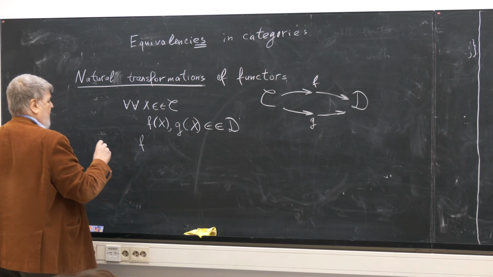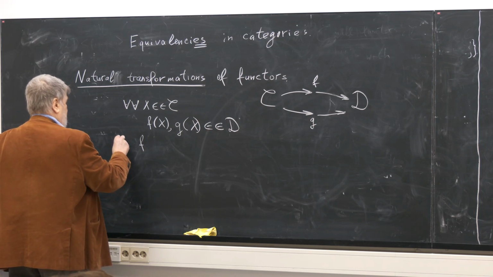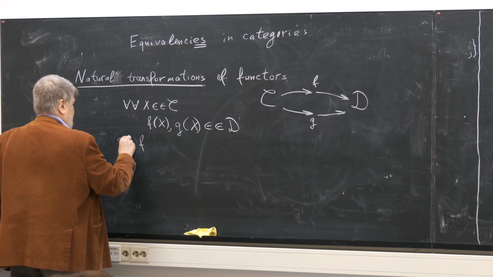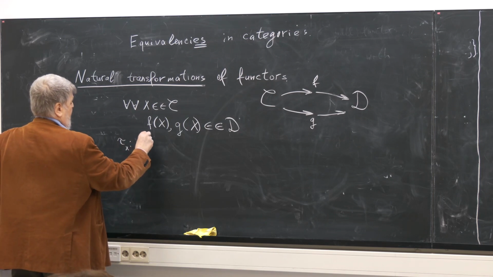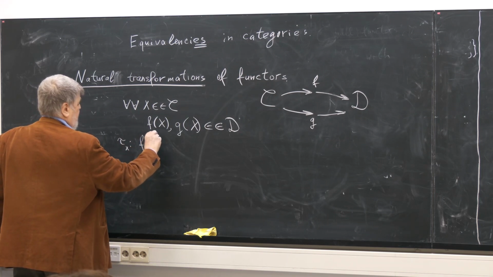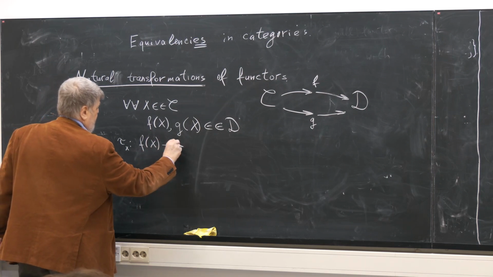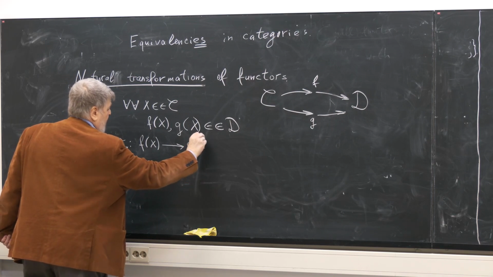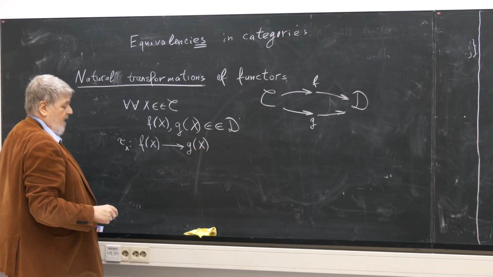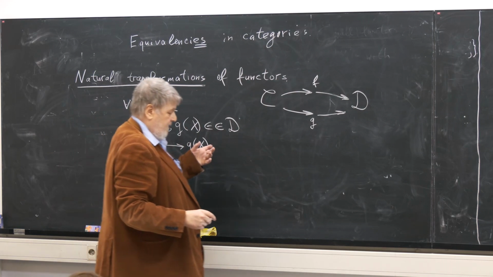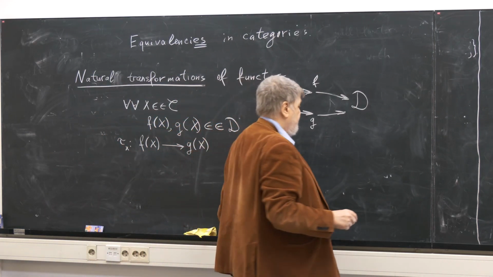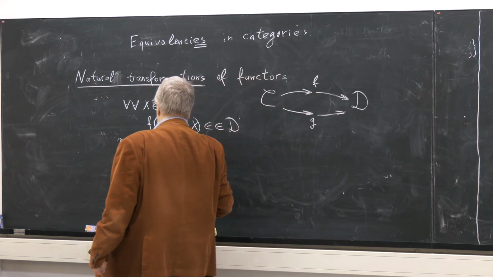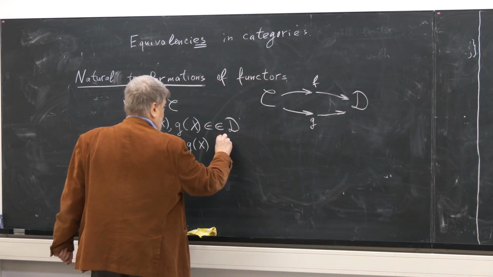Some letter, well, transformation is like this, tau sub x, F of x to G of x, it can be understood only as a morphism in the category D, and then for any